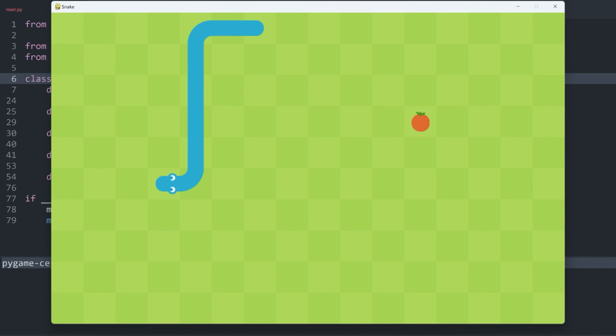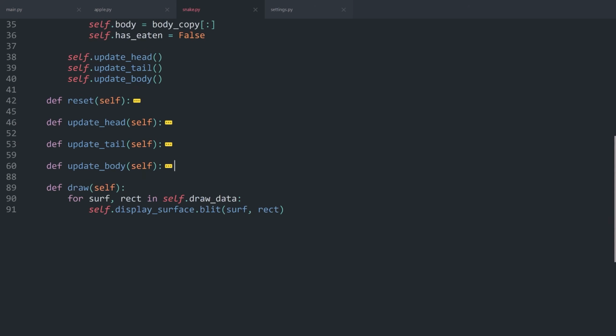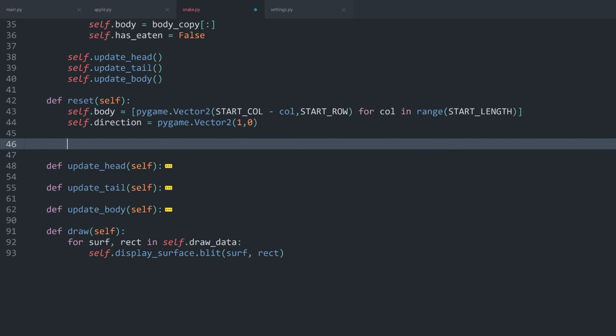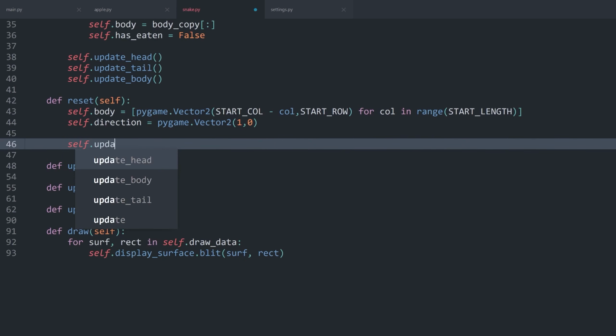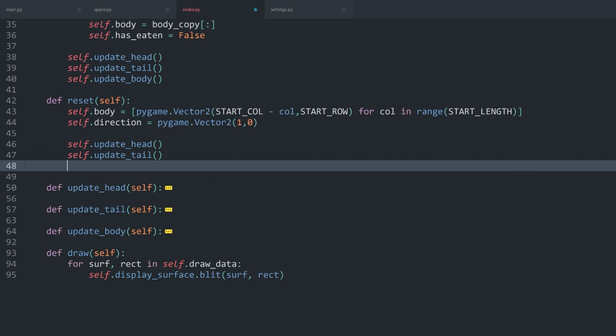Oh, actually there's one problem. If we now crash into something, the game needs to update one more time to once again show the starting graphic. That we can do inside of the snake. We can minimize this method and work in the reset method. After the snake restarts, we also want to reset the graphics, which we're doing with self.updateHead, self.updateTail, and